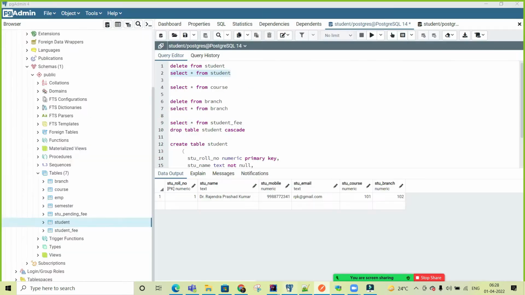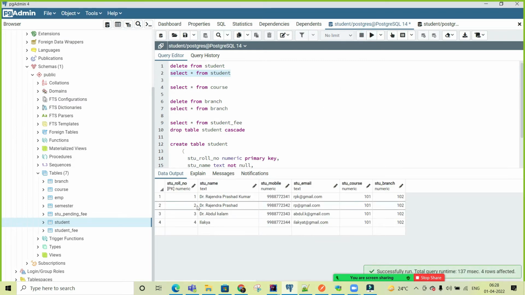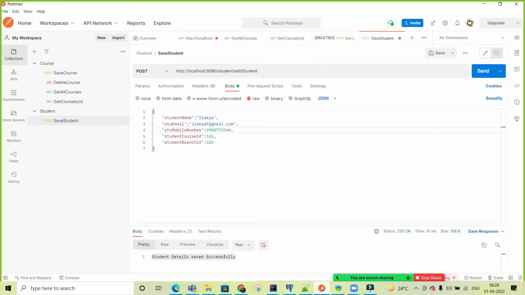Let me go over there and run the SQL. Then I can see 4 records there. Okay, so now I'm coming to the next one. What should I do? Update. I should first of all get details from the front end. Okay, I'll do the update and delete all things.